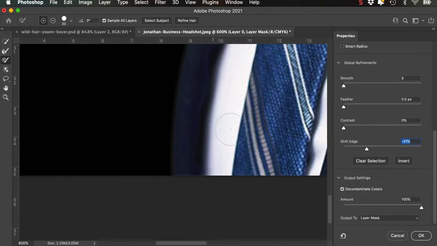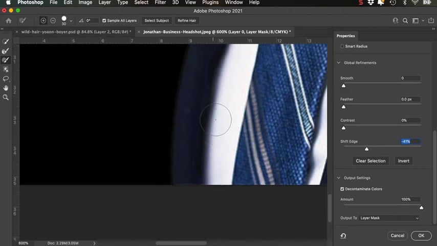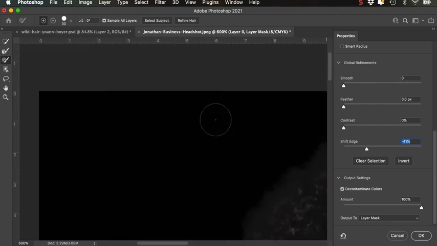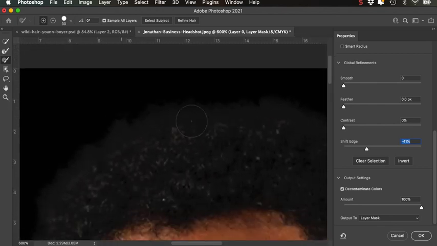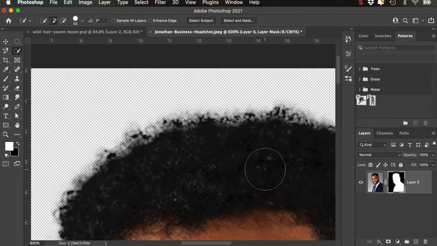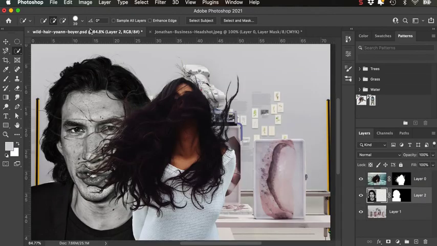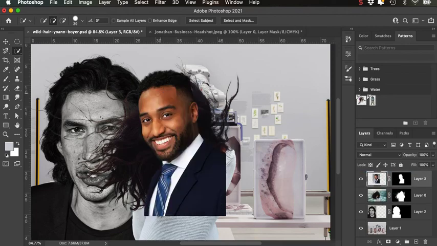We've got this option here, Decontaminate Edge. We'll have a look. It probably worked a wee bit up here with the hair, or actually maybe a wee bit much. So I'll switch that off. We'll go OK. And copy onto our main image, paste, put him in the front,